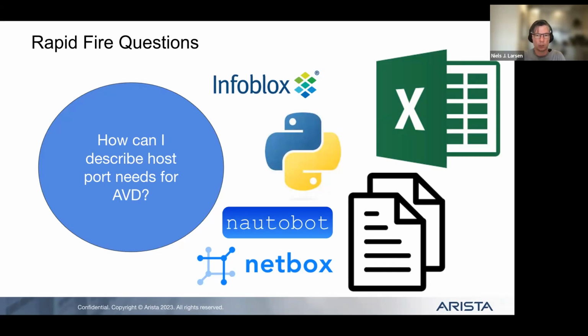If they don't exist, we can definitely help with that as well, as a paid service from Arista Advanced Services or Professional Services. Or if the customer is a little bit savvy and knows how to use APIs, they can build the glue themselves and integrate whatever requirement they have to generate these host port needs for day 2 operations.